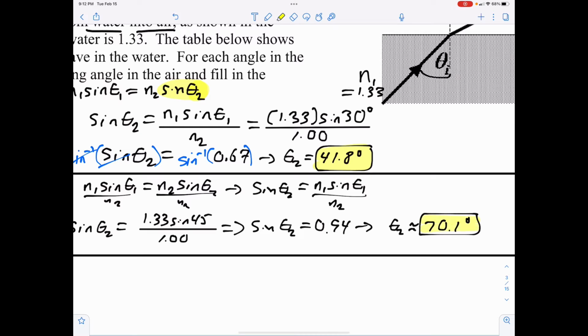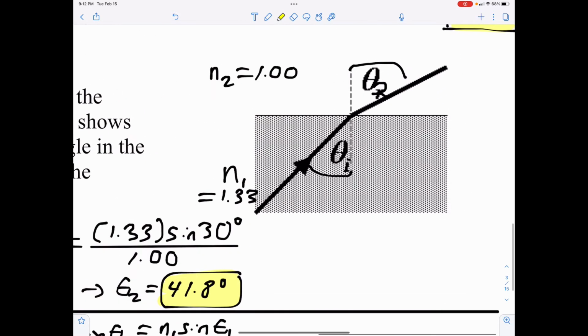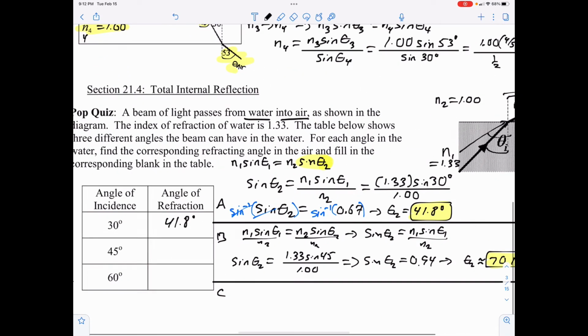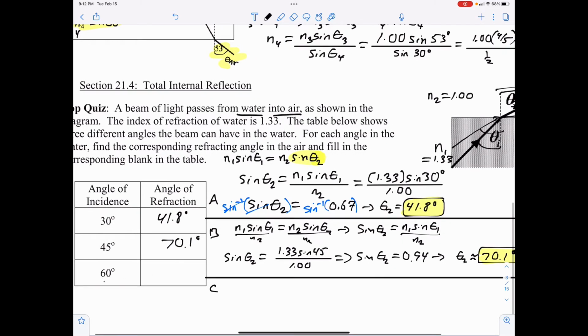It's getting wider than the normal. So as this angle gets wider like this, right here, this angle gets wider as well. That's what's happening. So 70.1 degrees. Now, when theta 1 is 60 degrees,